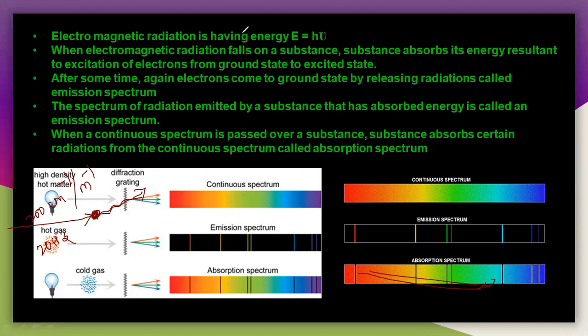So here you can easily understand that there is a particular substance and we are intensifying it with the electromagnetic radiation. Again it will be radiated like this. It will radiate the radiation, it will eliminate the radiation as colors. See, this is a black background, and you are seeing different colors here, because it eliminates with different colors. So that is the emission spectra.